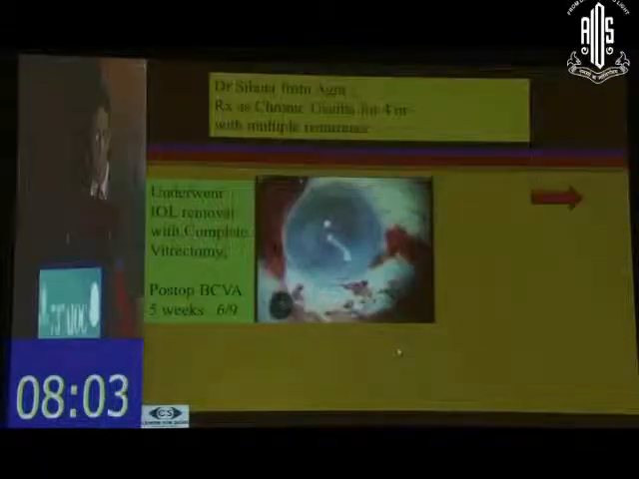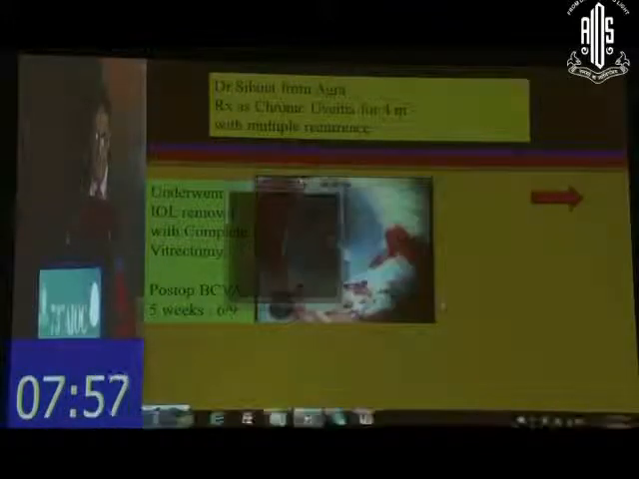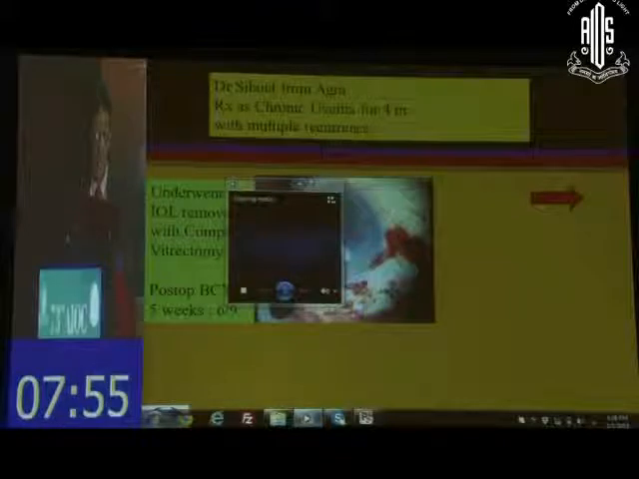And this patient, ultimately we had to remove the entire bag along with the IOL for her to respond, because already she had received multiple injections. So what we are doing is a vitrectomy here first. Then we make a tunnel at the limbus, mobilize the IOL,